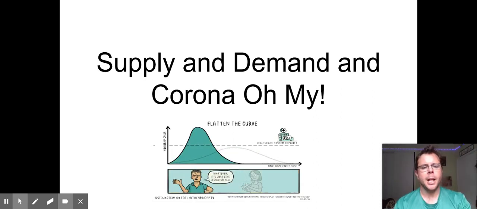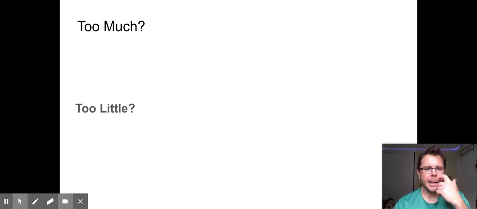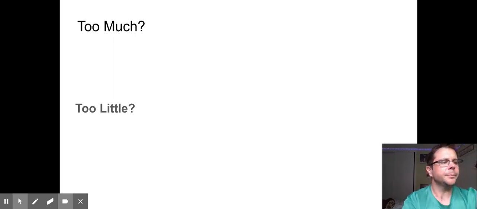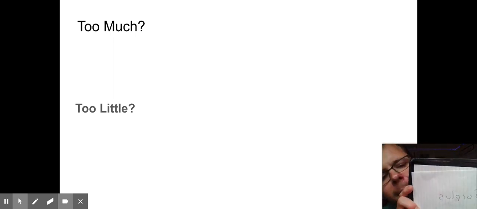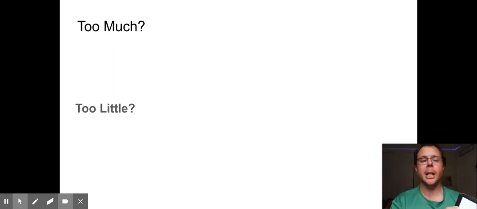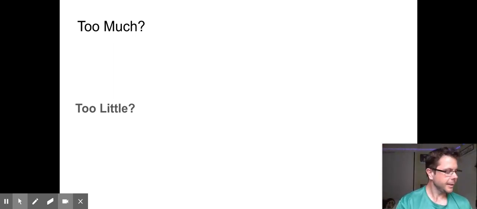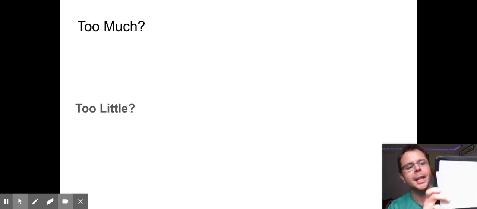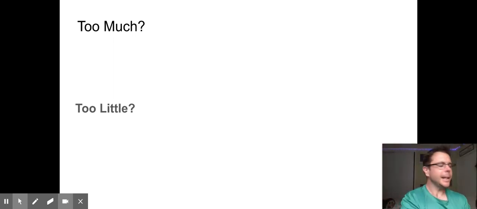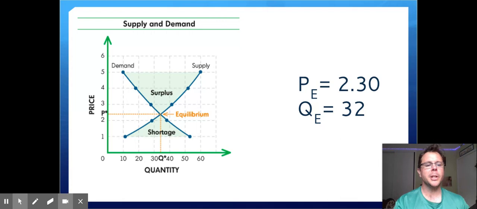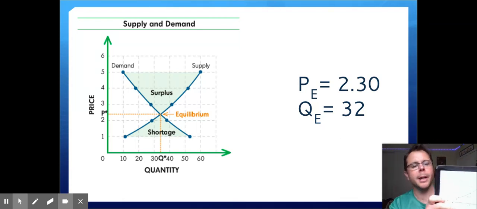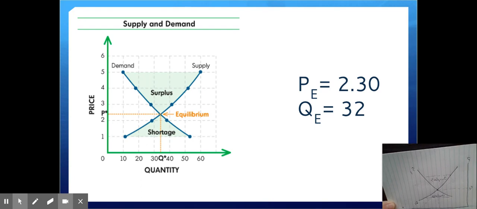Now, on to the next slide. Remember we talked about the concept of too much stuff being, remember my words here, folks, too much stuff being a surplus. And too little, what is it? Yeah, you're right. Shortage. That's exactly what it is. And we have this very graph. You remember that graph? It's super fun. If you want to see, my version looks like that. Isn't that cool? It kind of looks like the other one, but with less color and you can't read it as well.